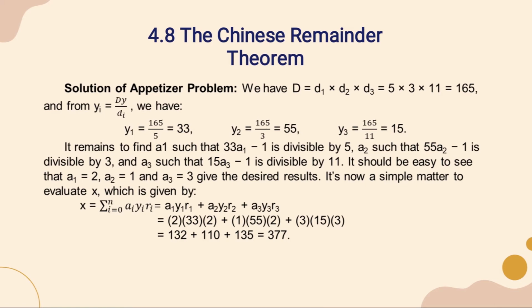It's now a simple matter to evaluate x, which is given by the sum of ai yi ri, equals a1 y1 r1 plus a2 y2 r2 plus a3 y3 r3, equals 2 times 33 times 2 plus 1 times 55 times 2 plus 3 times 15 times 3, equals 132 plus 110 plus 135, equals